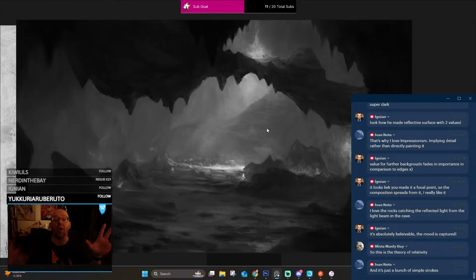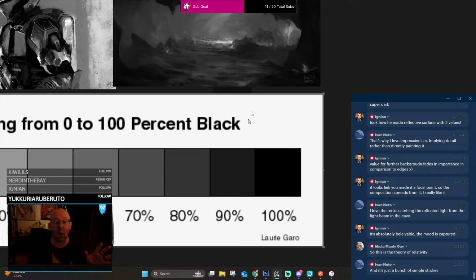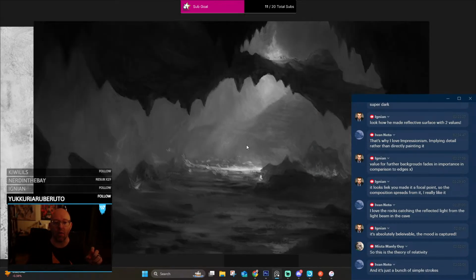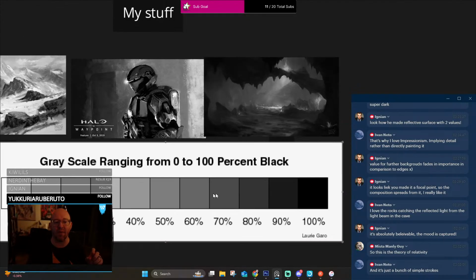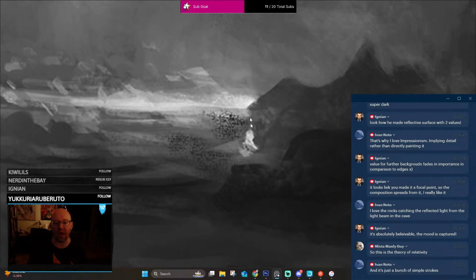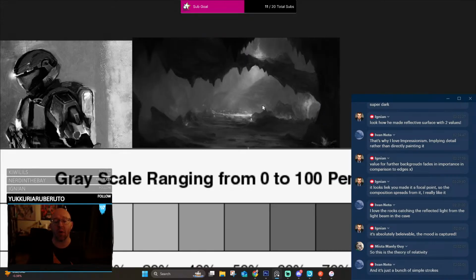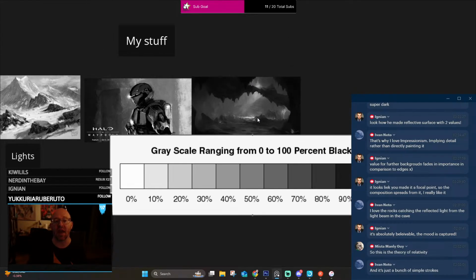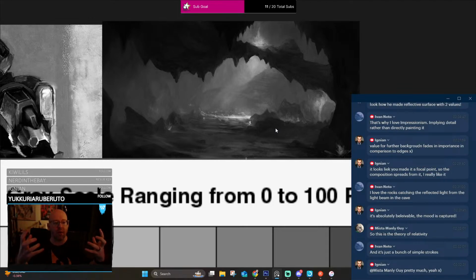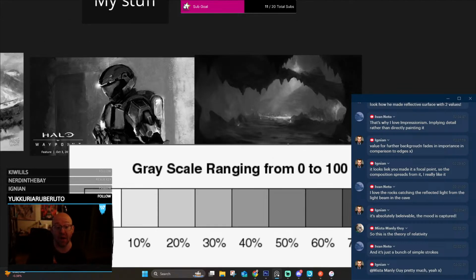It's still very dark because our color key, our light key, is dark. But the highlights, quote unquote, are only at maybe a 50 or a 40. There's a few that are probably around 20, these brighter brights, but there's no pure white on here at all because I didn't want to kill that mood, the density of the air, as it were. Yeah, it is the theory. It is the theory of relativity. All of this is relative.